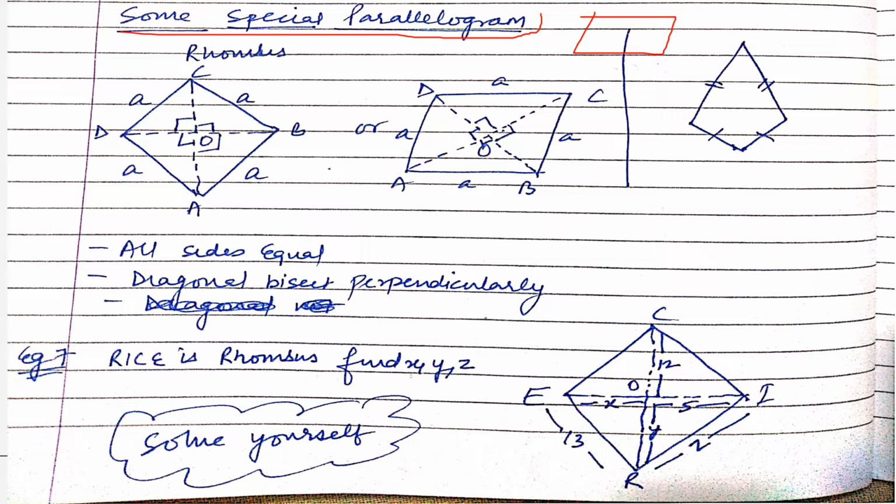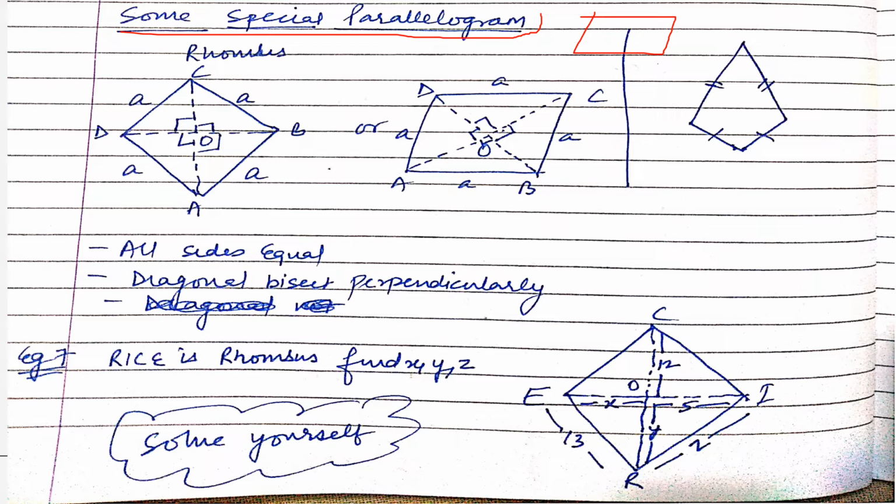Now we know parallelogram has three children: rhombus, rectangle and square. That means these three children will follow all the properties of parallelogram. Apart from that, they have some extra properties. So let's understand those properties and how these properties are different amongst different children. Like the Pandavas, one was good in bow and arrow, one was good in Gada, like that. So here also, for rhombus, square and rectangle,